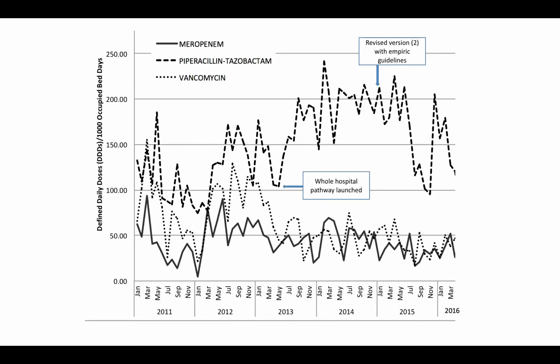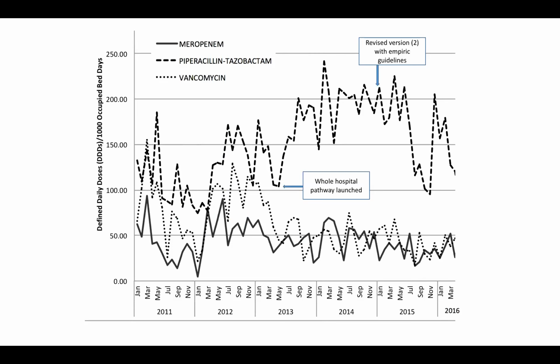In our first version of the pathway, it was a relatively simple pathway which really focused on piperacillin-tazobactam or cefepime for initial therapy of sepsis in our hospital, keeping in mind that just under half of our patients were neutropenic fever, another 30% were complex colorectal patients, and we felt that this was an appropriate initial antibiotic for the sepsis pathway, but recognised that once we saw that the pip-taz use was rising, in subsequent versions we moved to a more